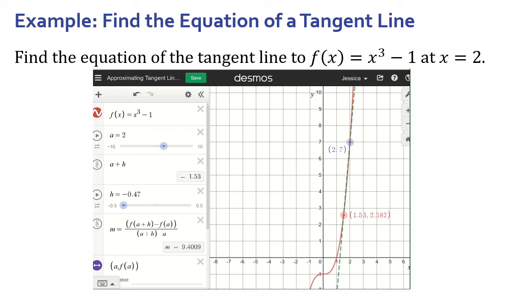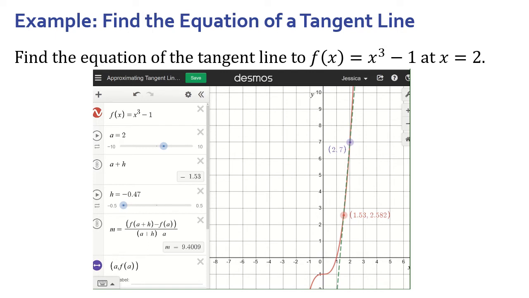So what I have graphed here is f of x equals x cubed minus 1, that's in red. And then I've drawn a secant line that goes through when x equals 2. So when x is 2, the y value is 7, because 2 cubed is 8, minus 1 is 7. So that's what gives us that purple dot. And then I'm going to use secant lines to see what happens as we have a second point that gets closer and closer to x equals 2 from either direction